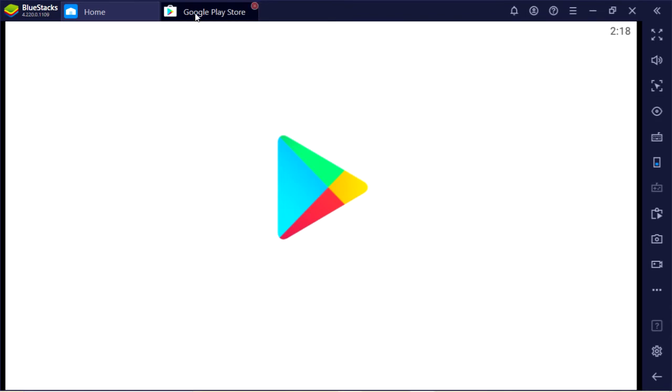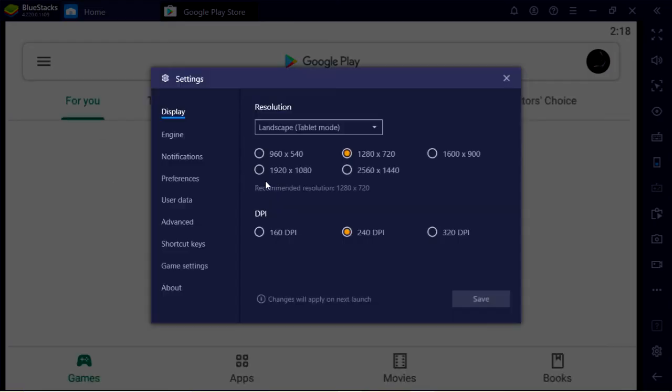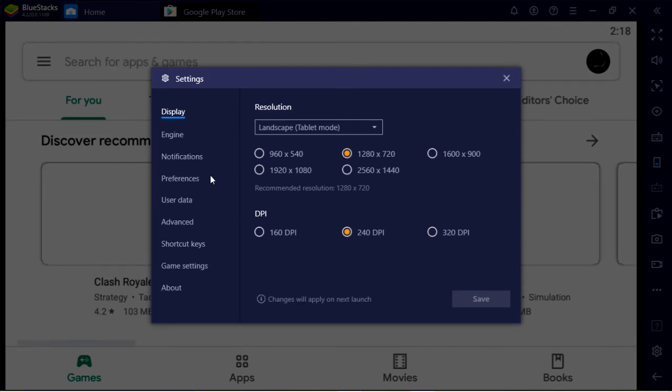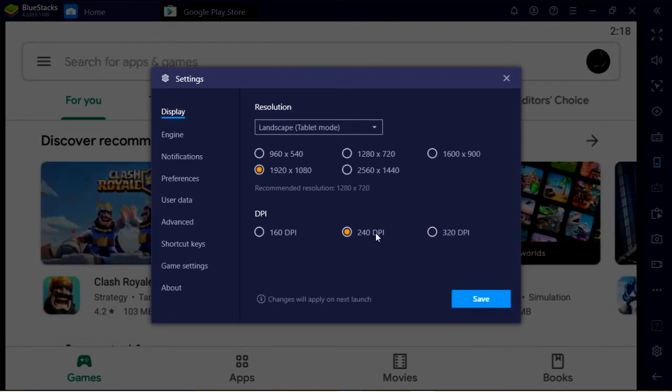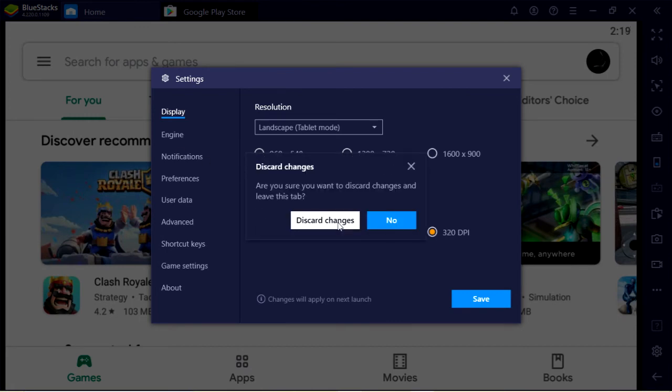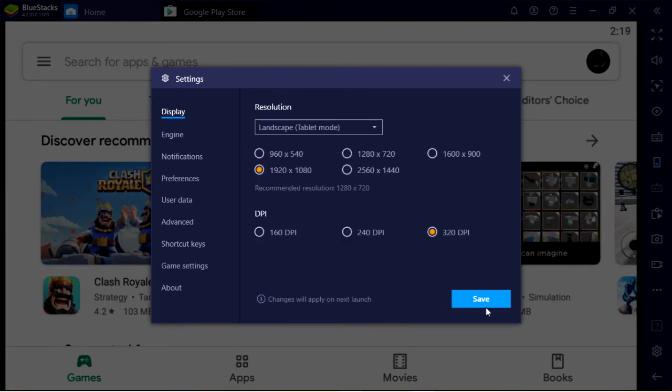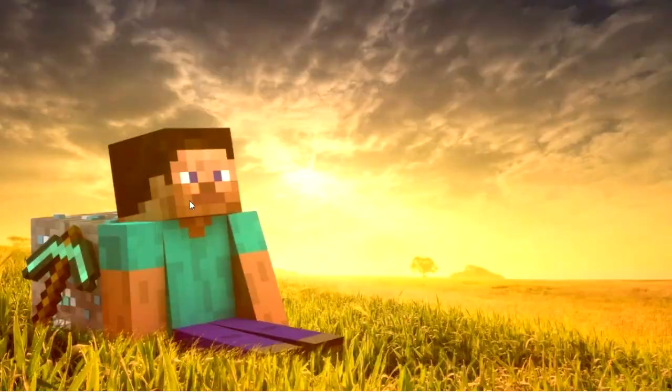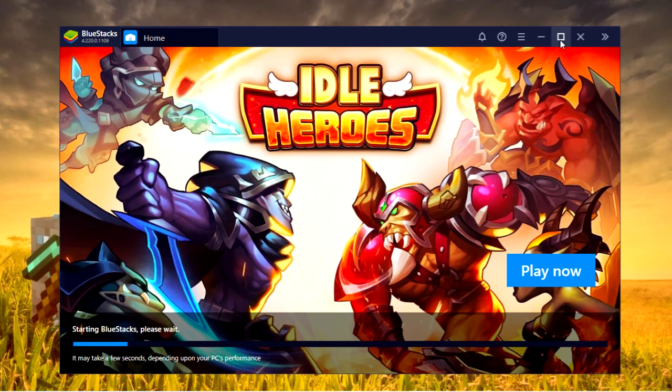So now, guys, I'll show you all some cool things. What you must do is go into your settings and change the resolution. I'll put it on 1920. I'll put the DPI of my mouse here. Let's save, then restart it, so that your PC gives you much better performance, no lag and more. There are more settings you have to do, guys.